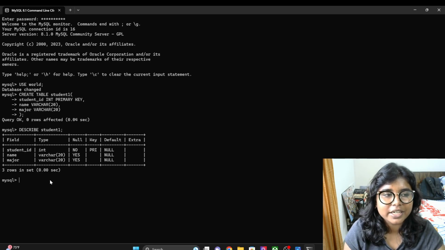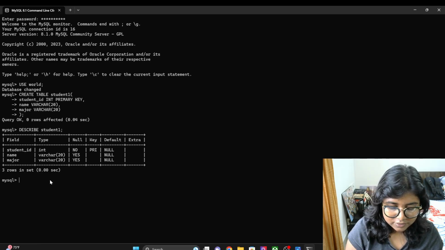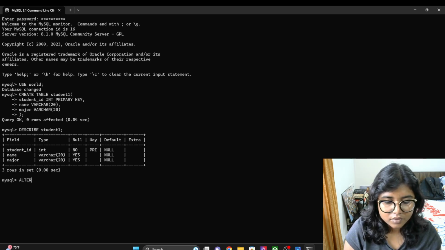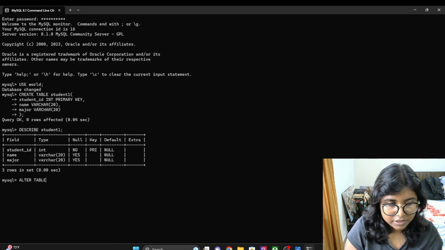Now there's also another function that we can use to alter the table, as in now we've already made this table. Instead of retyping the whole thing, we can add another column. So this keyword is the ALTER keyword. ALTER TABLE student1,